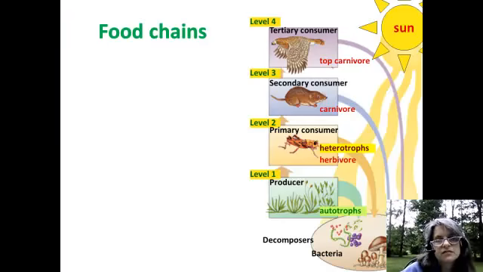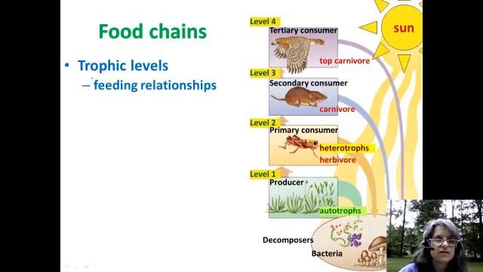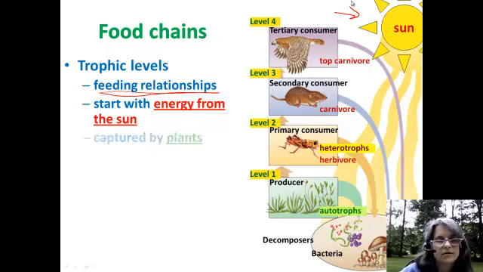Okay? So, let's first make sure we understand food chains and trophic levels. Okay? Trophic levels are feeding relationships within an ecosystem. A food chain is just a very specific look at different trophic levels using very specific organisms to give examples. And all food chains, at least here on the surface of the earth where we hang out, start with energy from the sun. So here's our starting point right there.